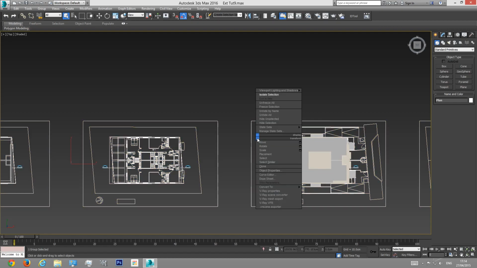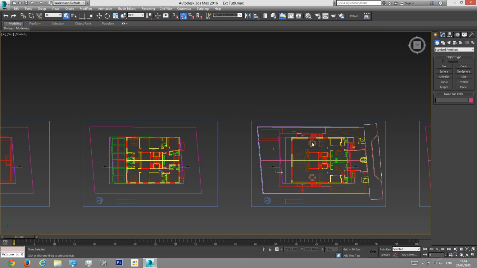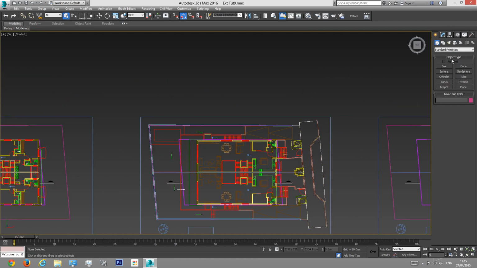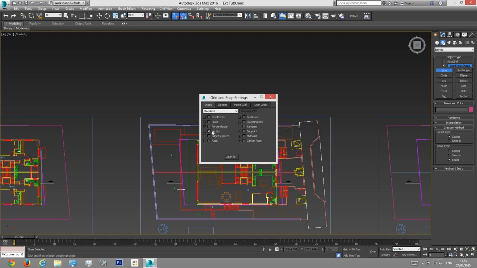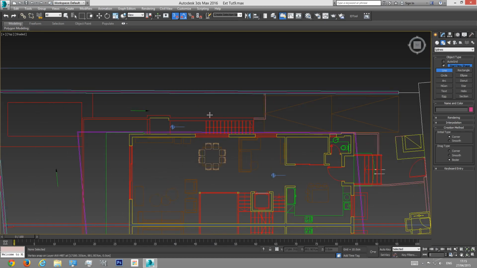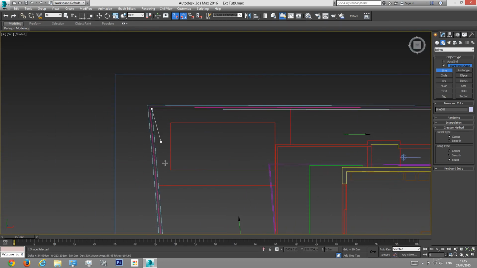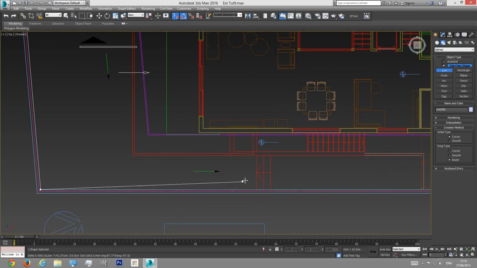I'm going to select the plan, right click, hide unselected, so I'm going to stay with the plan only. Now I'm going to add the grass plane, so going to go to shapes, line, snap toggle, making sure, using the right mouse button on the magnet, that the vertex is on, and I'm going to choose the grass. So let's start from here, here, here, and to this place, because here it's something else. You have like stairs here, so let's continue to this spot here,